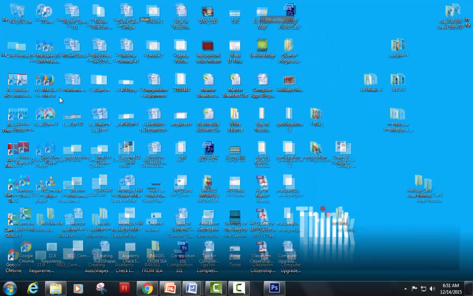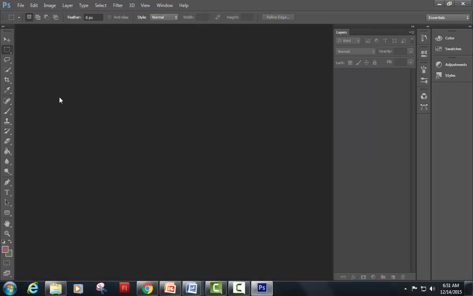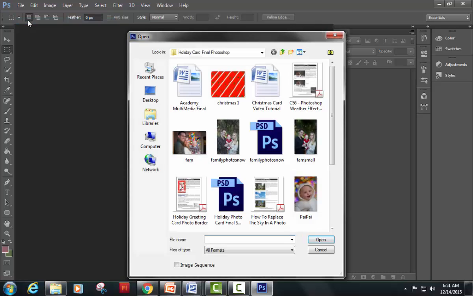And so because it's winter, it's December now, the effect that we're going to add to one of our images is snow. So again, this will be a Photoshop weather effect, and we're going to be adding snow to an image. So the first thing I'm going to do is open up Photoshop, and I'm going to open up the image that I want to